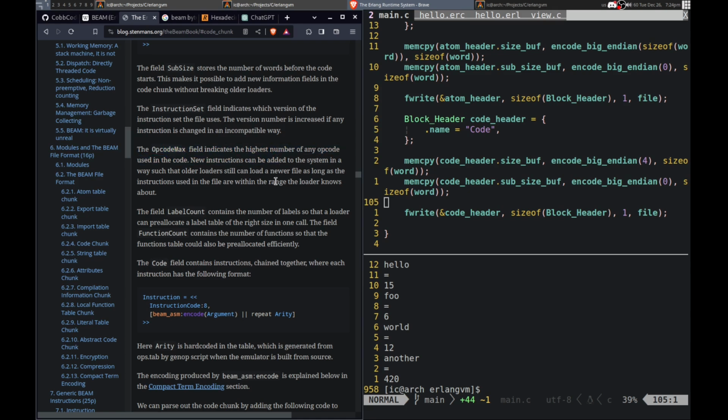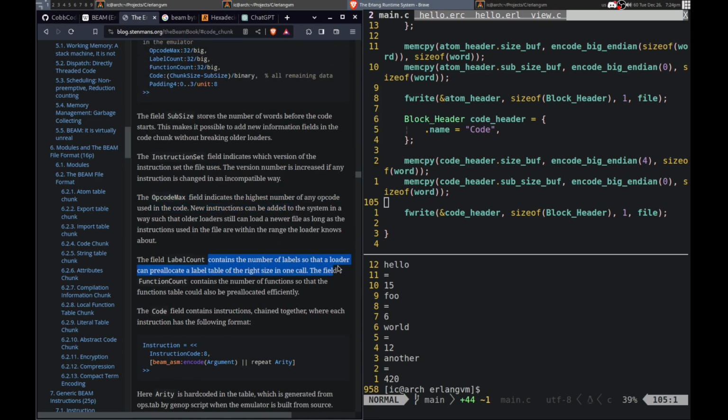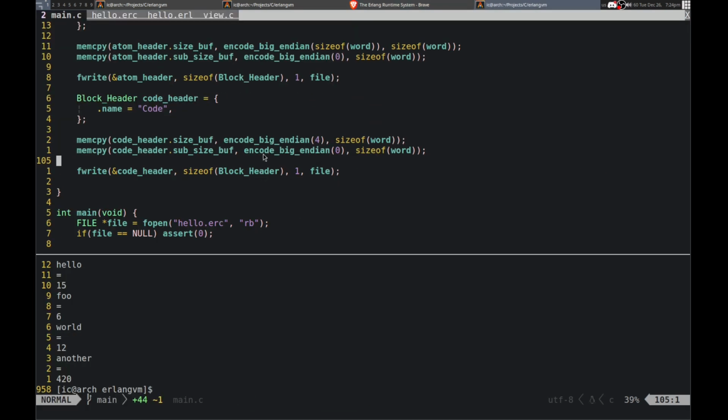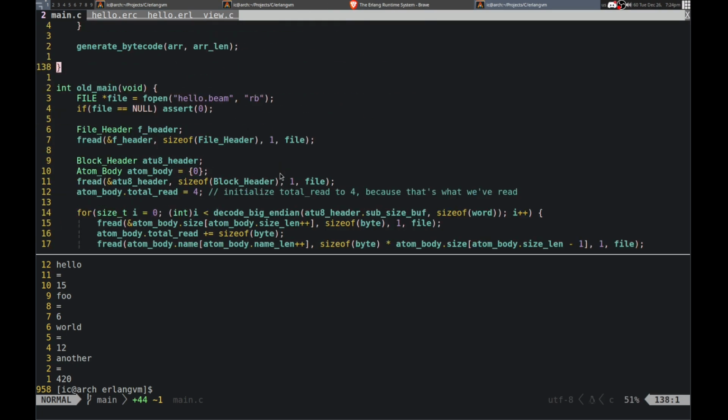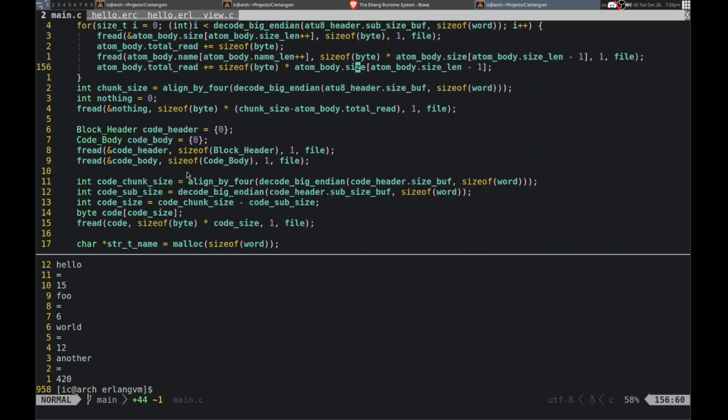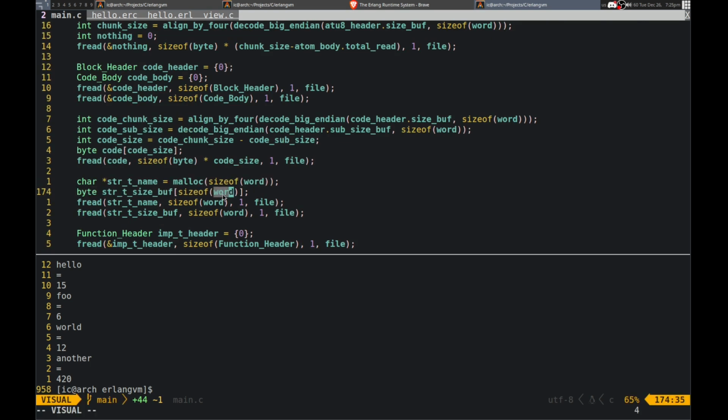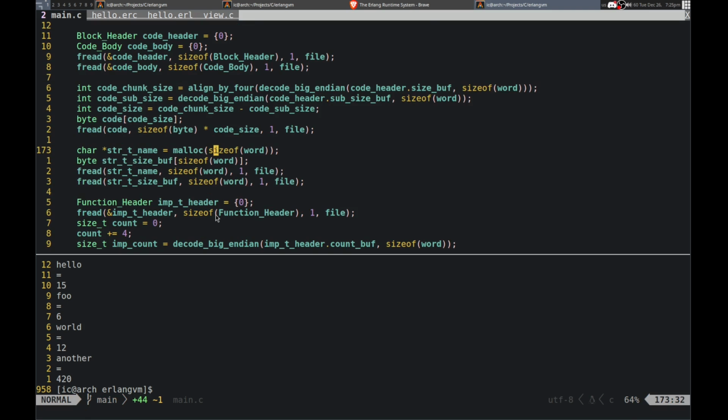But this, I wonder if I could use that. Alright, let's try to go on to the next one. Only the required ones is what I want to do though. So what's after the code? StrT. I can write that just with 0 because I don't have anything. That just needs a name and a buffer, and I'll just make it all 0.